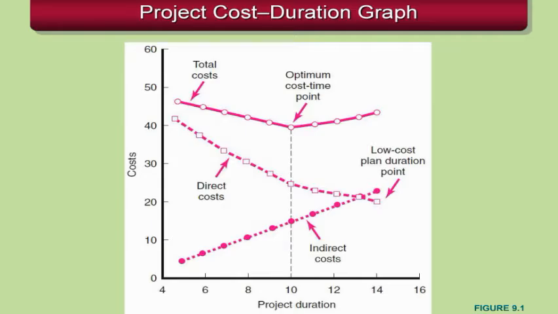But when we sum up the indirect costs and the direct costs together to get our total cost, what we'll typically find is that there may be a solution in the project that reduces our total time and also gives us an optimum, or minimum, total project cost solution. You can see here, if the project goes the full 14 days, the total cost of that project will be higher than if we reduce the project down to 10 days.